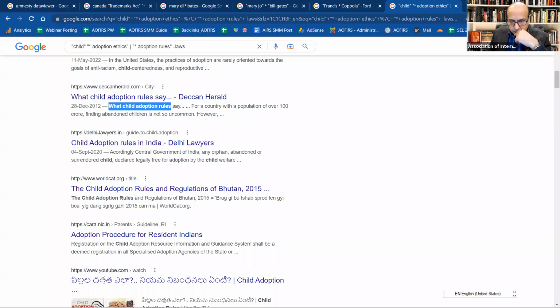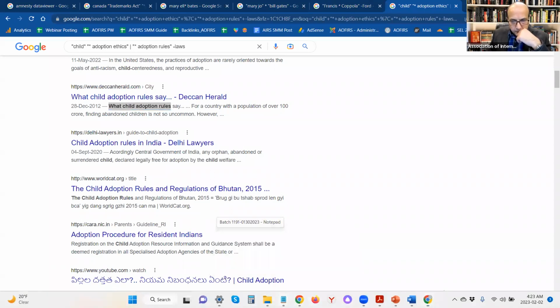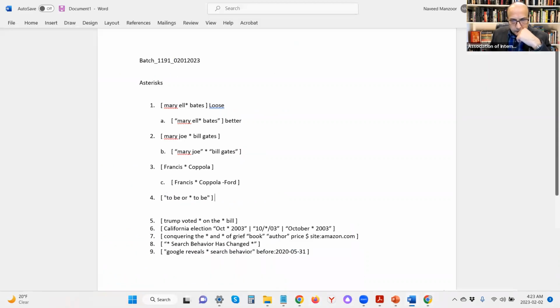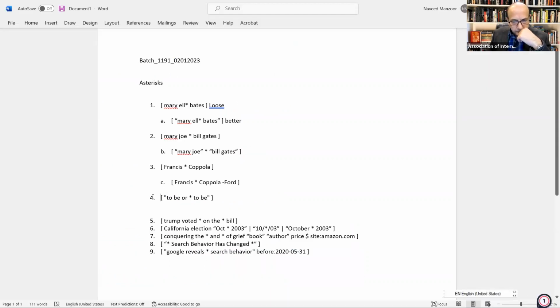Okay, so this was my attempt to find something that might be useful. Okay, and then in query number 4, you could see it is using some of these stop words that unless you put them within quotation marks, the search engine may not recognize it. So if you forgot anything in between and you put it within quotation marks and you place the aesthetic in between or to, it probably is going to pick something which is going to